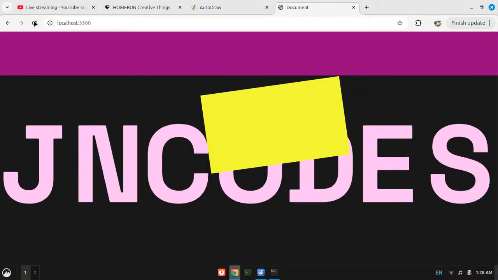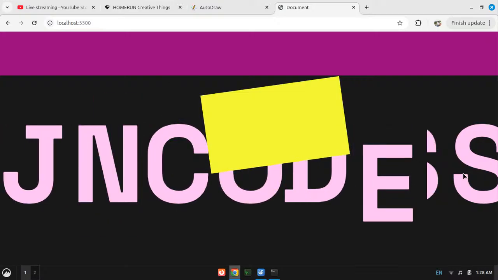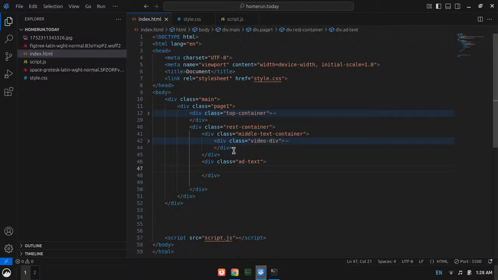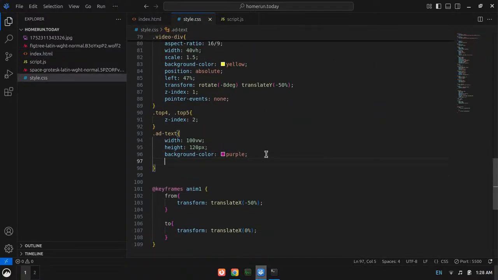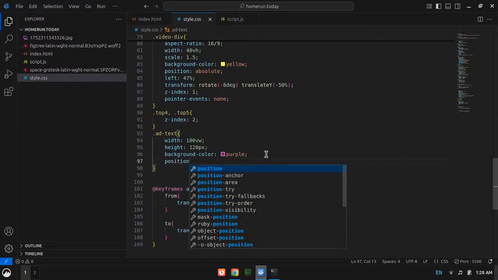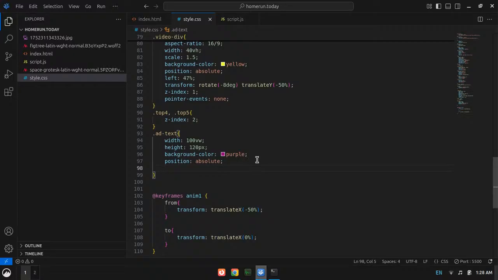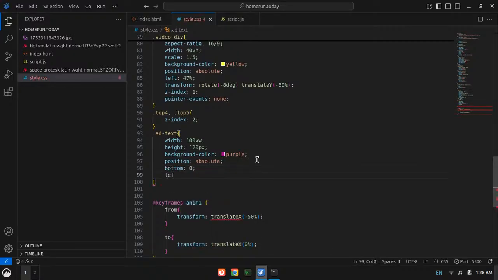Okay, it's cool now. I need this thing below this thing. You know what I will do? I will just position absolute it as well. Absolute, and then from bottom it would be 0, from left it would be 0.